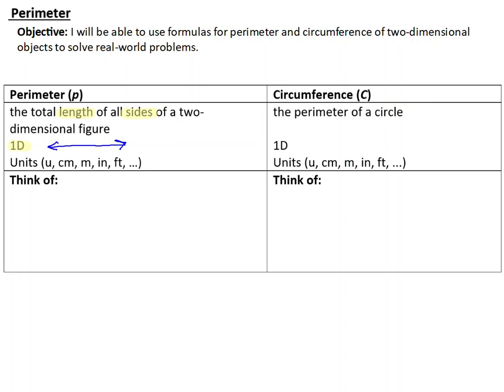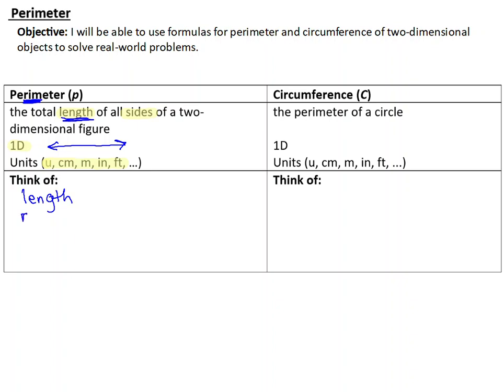The units we use for perimeter could be U for units, cm for centimeters, m for meters, in for inches, ft for feet, so on and so forth, like that. When you think of perimeter, think of length, like it says up here. Length is a key word you'll see a lot. Think of the word in